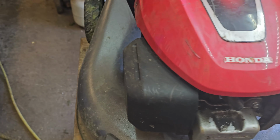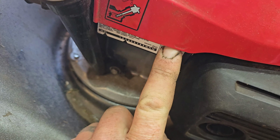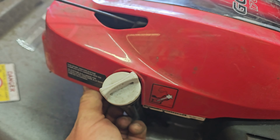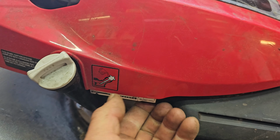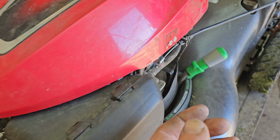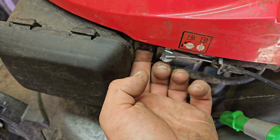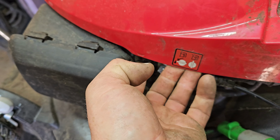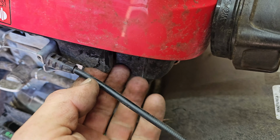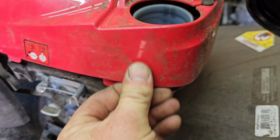And over on this side, right here, there's another clip right there. You see it? Red. And at the back here underneath is another clip right there. And what you want to do is kind of pull these clips back out of the way and lift. Oh, there goes one right there. Same thing. Pull this clip back and kind of lift like that. Once again, you got a clip right there coming off,